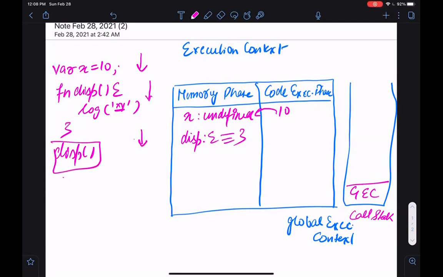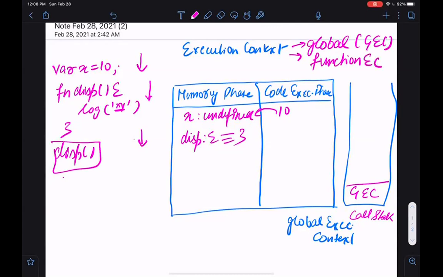Now just bear with me. This is an important part. We have a call to this function display. So what happens is a new execution context is created. There are two types of execution context. A global one, which I already told you, the GEC, which is basically the root of everything. And there is a function context, the function execution context. For every function, keep this in your head, when it is being called,